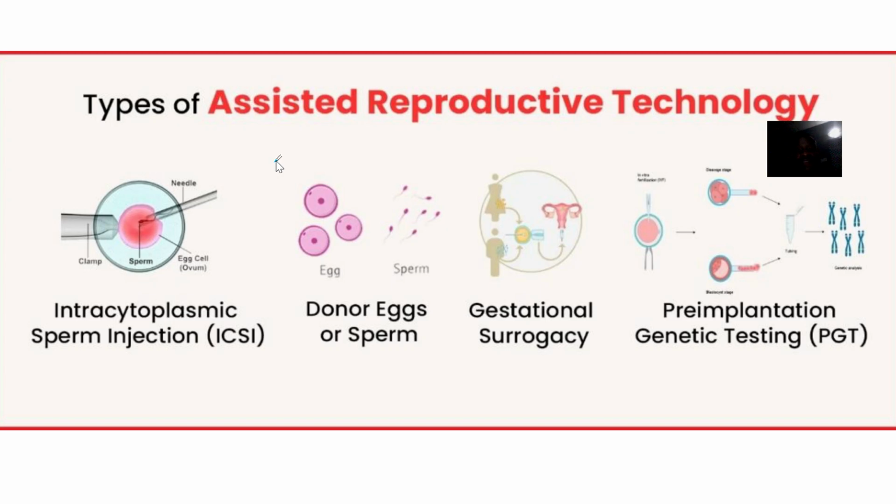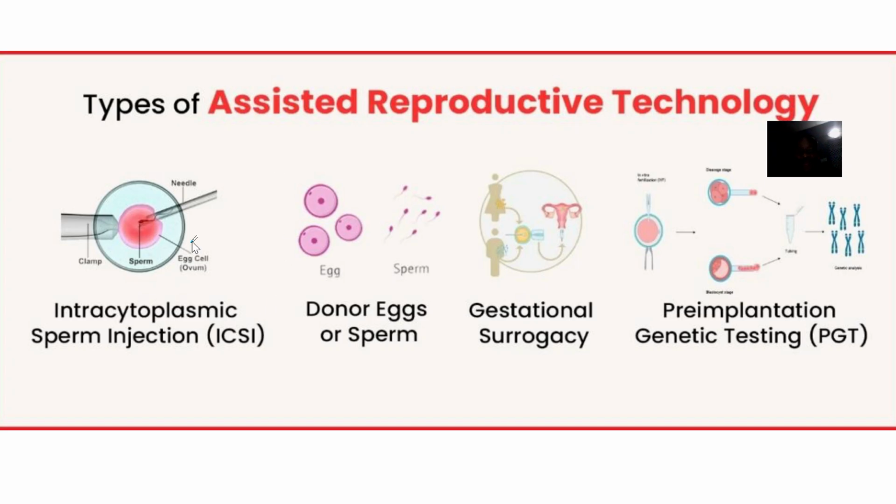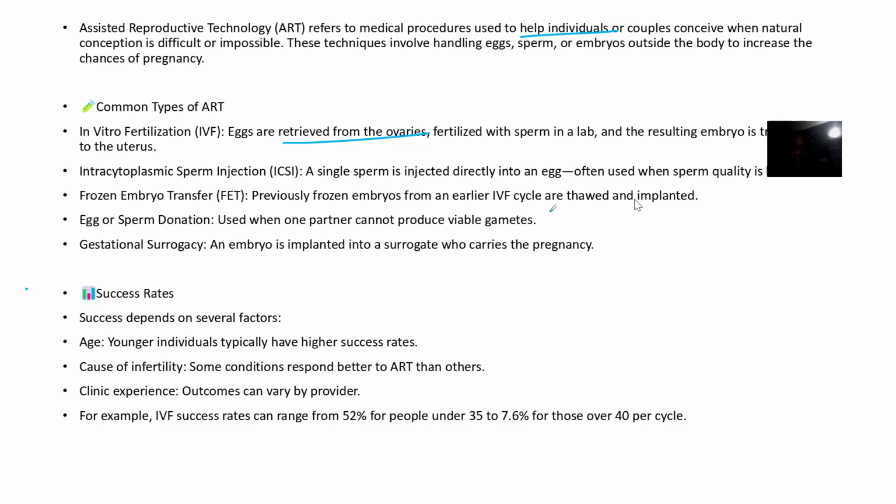Then we have the intracytoplasmic sperm injection. This one, you are putting a sperm right into the egg. Alright, of course, there should be fertilization. You're helping the sperm get there. This is when the sperm cannot get there on their own. Then there are frozen embryo transfer, and egg or sperm donation, alright,